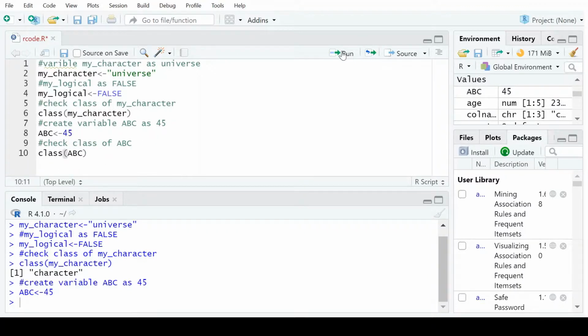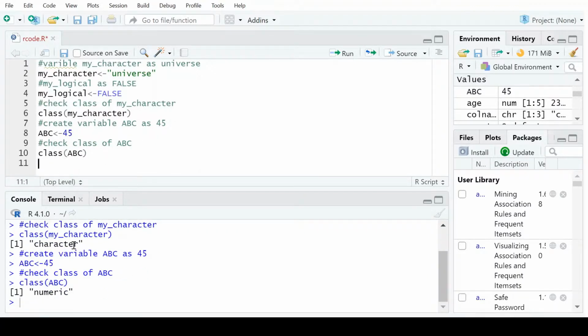Let's see how it goes. Yeah, because 45 is a numeric, it lets you know that the class or the data type of this variable ABC is numeric. So by checking the class or data type of any variable, it becomes easy to do the further calculations.